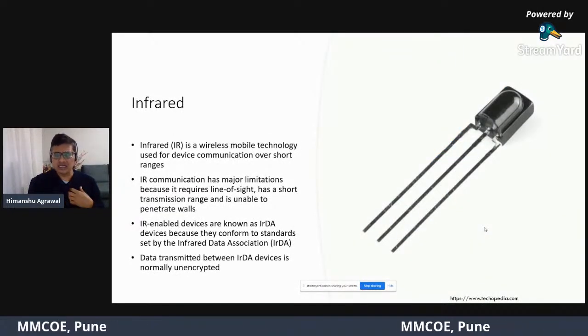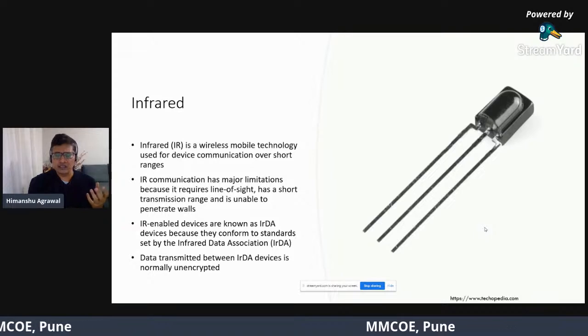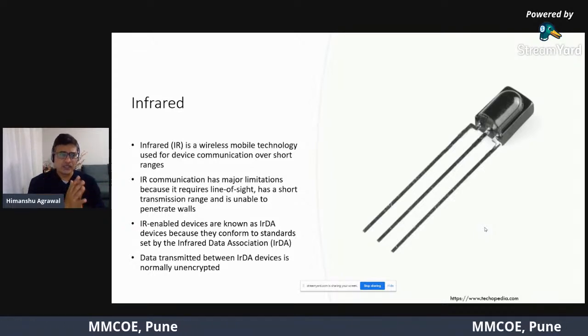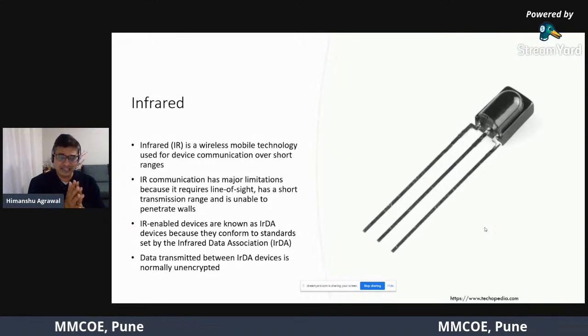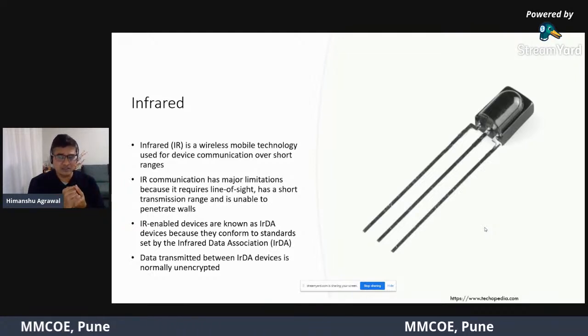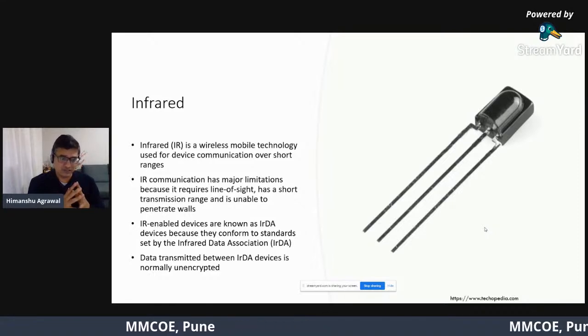Infrared is another short range wireless communication we have seen, particularly in robotics, right? Now the limitation of using IR communication is it requires line of sight, and another potential disadvantage of using IR is it can't penetrate your walls.